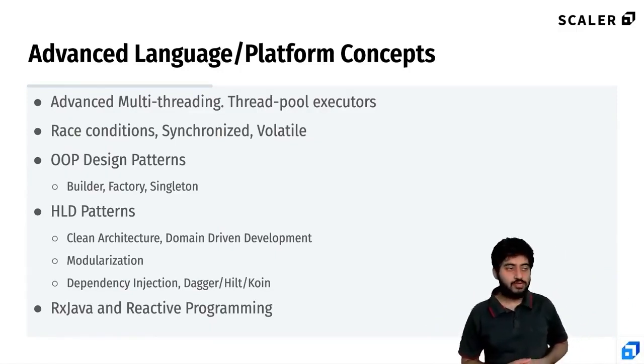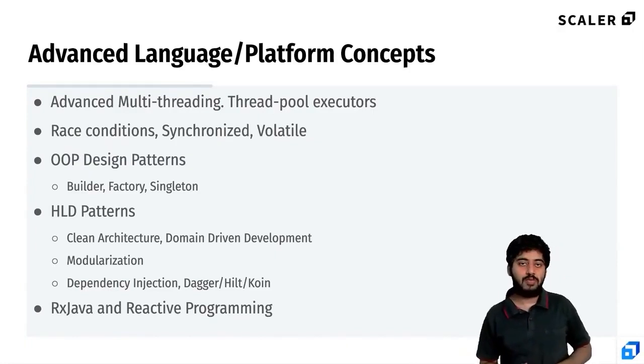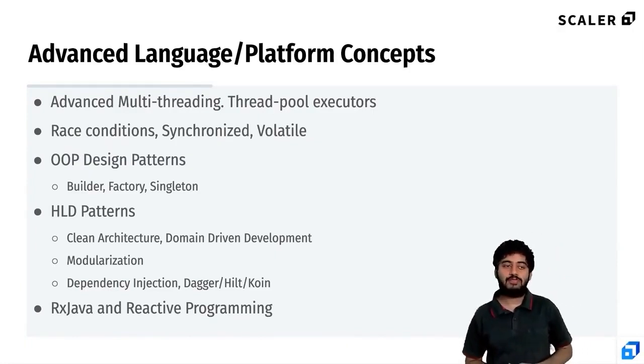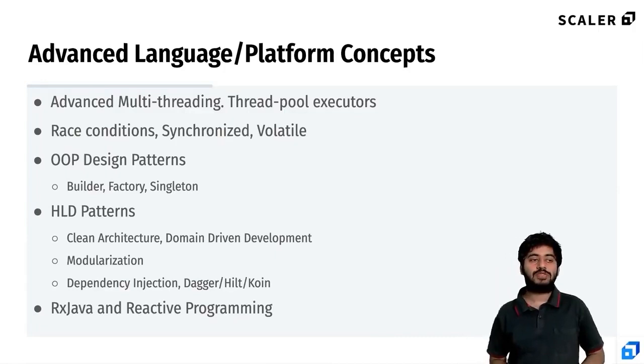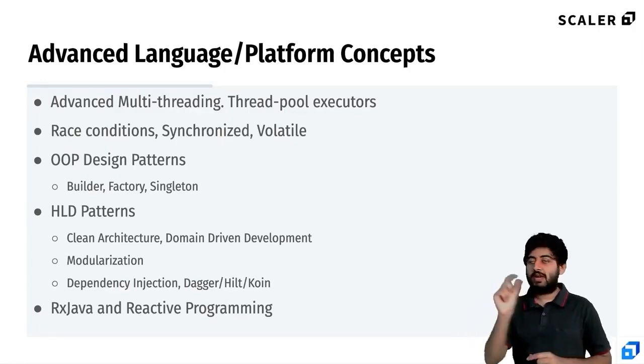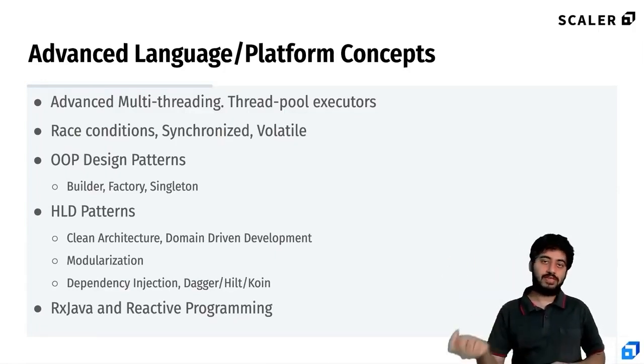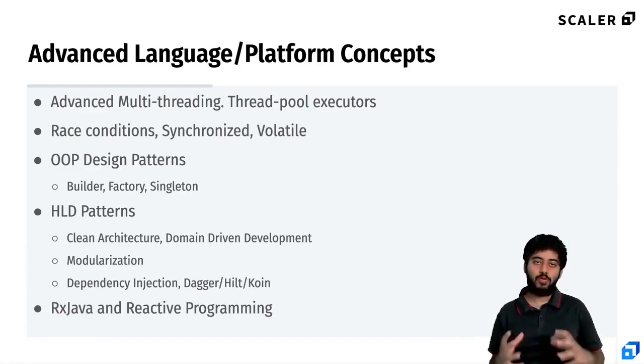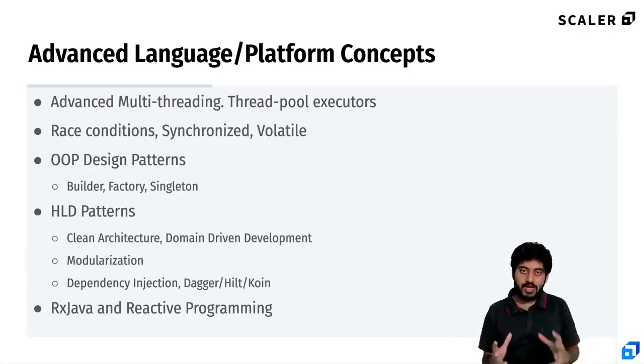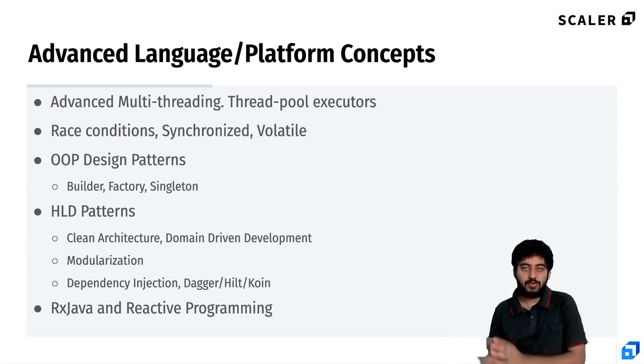So I would suggest you start off with simple dependency injection libraries like Koin, which gives you a little bit of idea about why dependency injection is needed. Because when you start using Koin, you will see that, oh, okay, I was creating this object everywhere. Now I can create a simple Koin DSL and I can just pick that object up from there. My code reduces. You'll visualize why dependency injection is kind of useful.